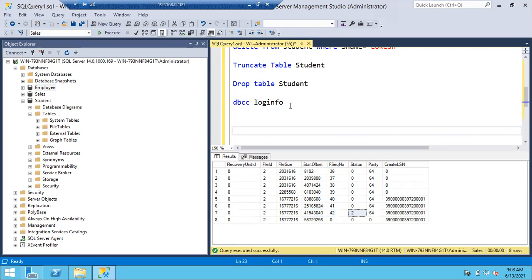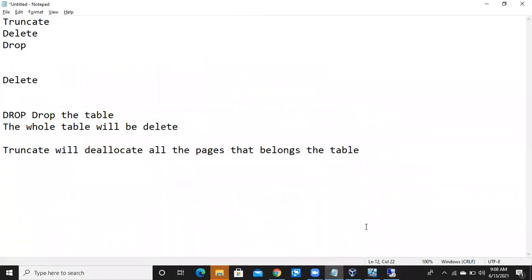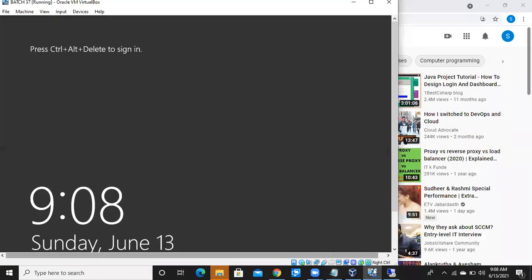So we have a query, DBCC IND. Before running this query, we'll have some parameters. Let me open the document.